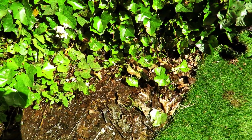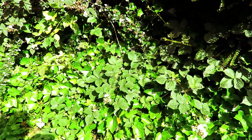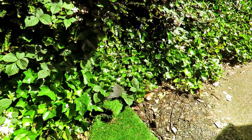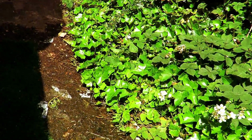So is this sewage? Is it a burst sewage pipe? Is it water flowing off the allotments which may contain manure? But surely this has got to be recognised as a health hazard,